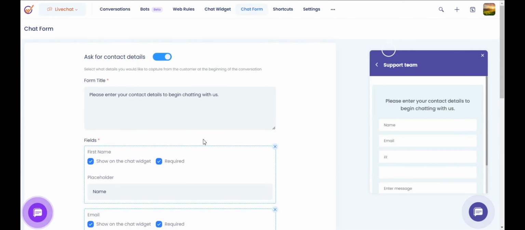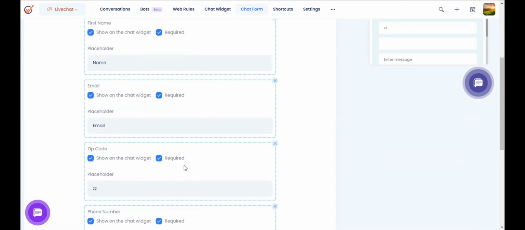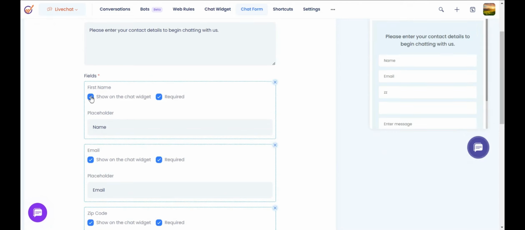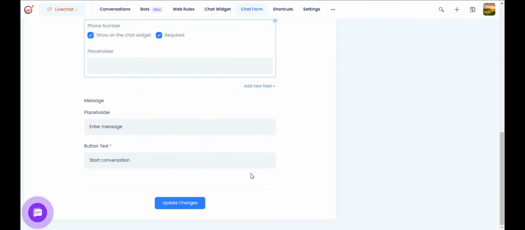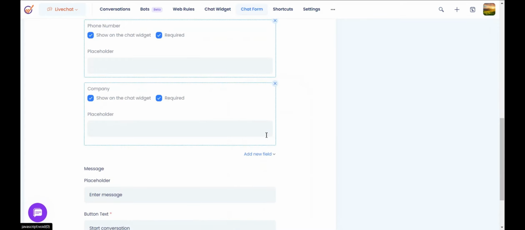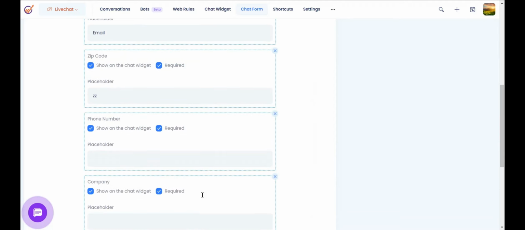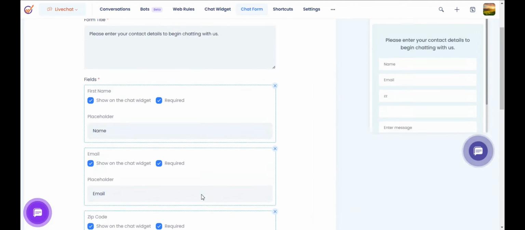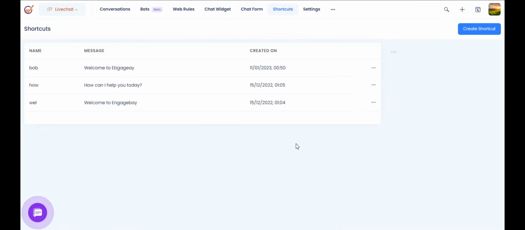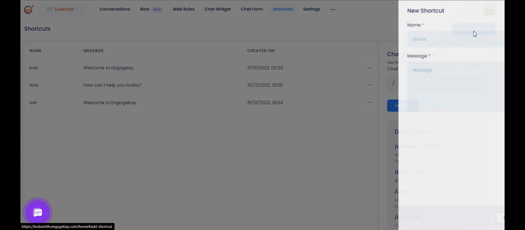You want to ask them for their name, email address. You have all those options, so you can choose to. If you don't want to capture their name, you can uncheck that and the name field is gone. If you want to capture that, you can add that. If you want to add more fields, you have all the options to add other fields as well that you think are important for them to enter before they initiate a chat. And just like the canned responses for tickets, you can create shortcuts on your EngageBay account